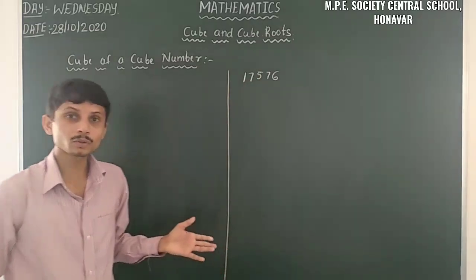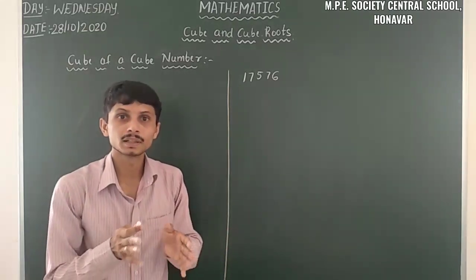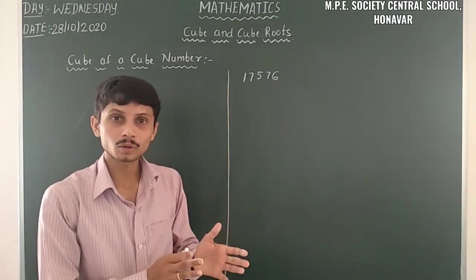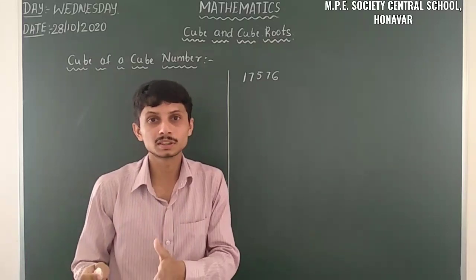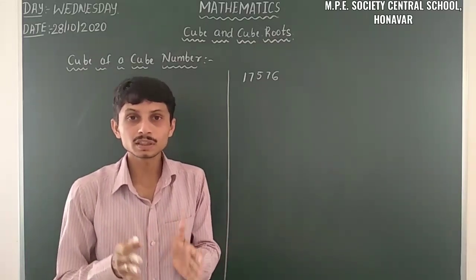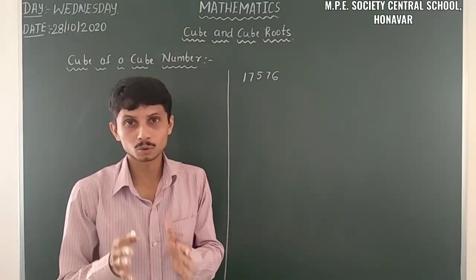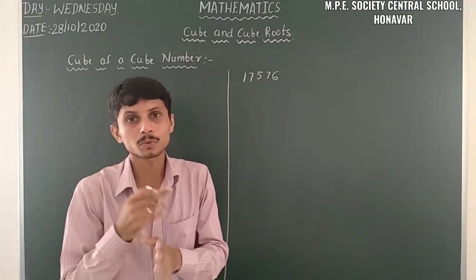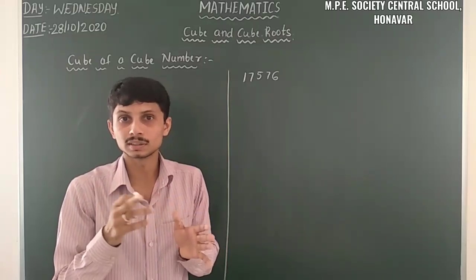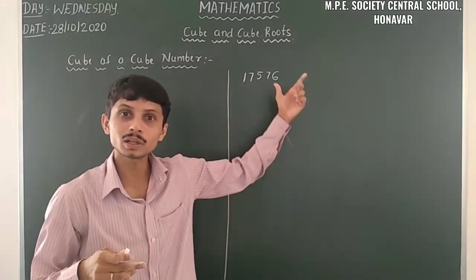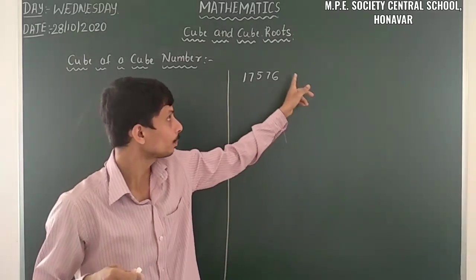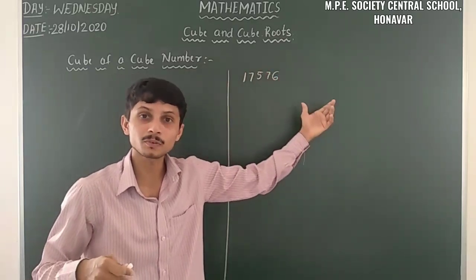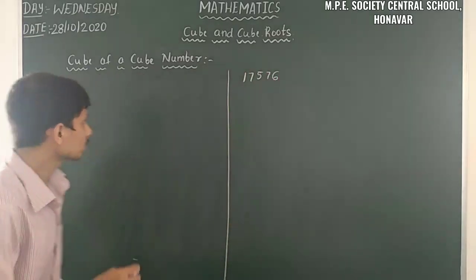So firstly what we have to do, we already know that in finding the square root through the long division method, we have to make a group of 2 digits, starting from the unit digit. Here, we have to make the group of 3 digits starting from the unit digit. So the first step is